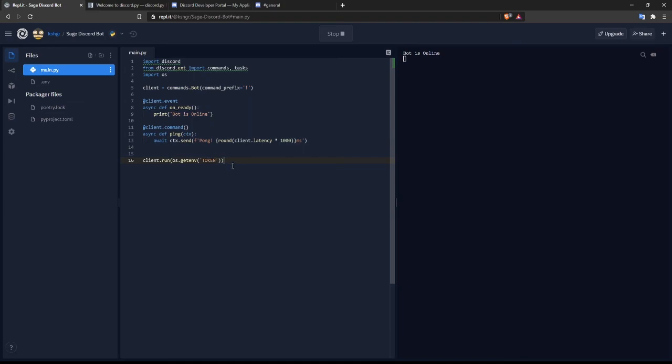Now if someone tries to open your Replit using your URL, they cannot get your token. And be careful, do not share your token, because anyone with that token can assume control of your bot and can make it do anything that they want. By the time you'll be watching this video, I would have already changed the token, so do not waste your time trying to copy that.